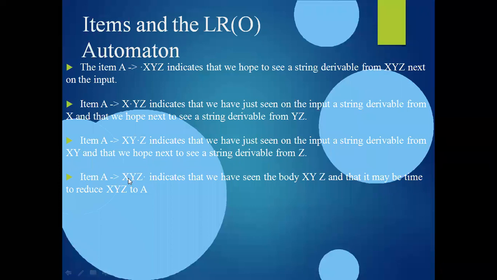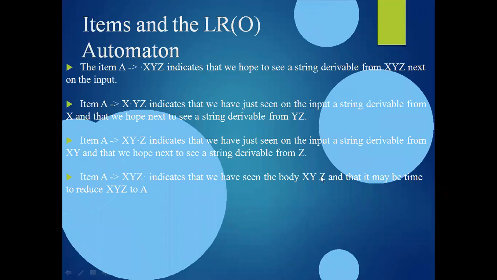Finally XYZ, and here I implement the goto function, goto of some item with Z. Why? Because the symbol after the dot is Z. Now I am performing the goto function with item comma Z. The dot that was inserted before Z, after performing the goto function, should move forward. Before implementing the goto function, the dot is before Z, and after the goto function, now it is after Z. The dot indicates it after Z.